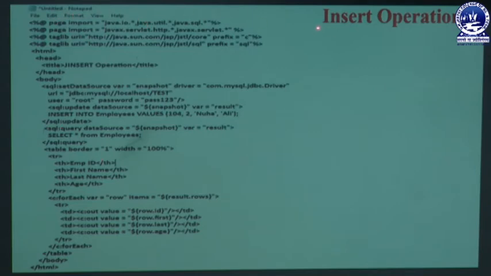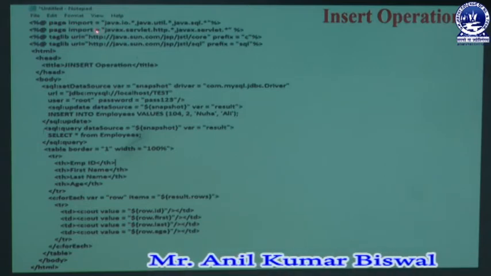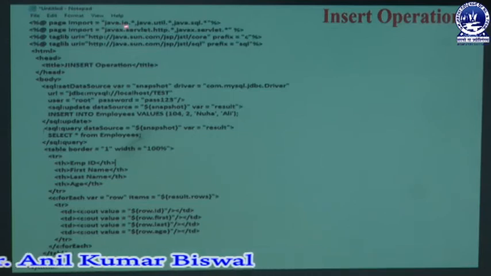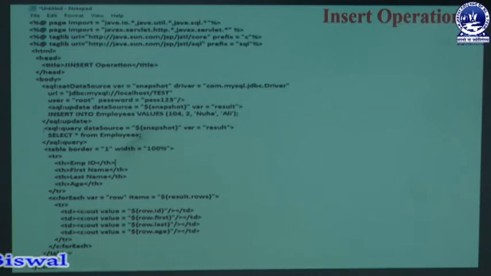Whenever a user writes an insert operation in their program, first of all the user must type this tag known as a page directive tag and write an attribute known as import. In that import attribute we mention three packages: the IO package, util package and SQL package. Then we also import two other packages, the servlet and HTTP packages, and the normal generic servlet package.